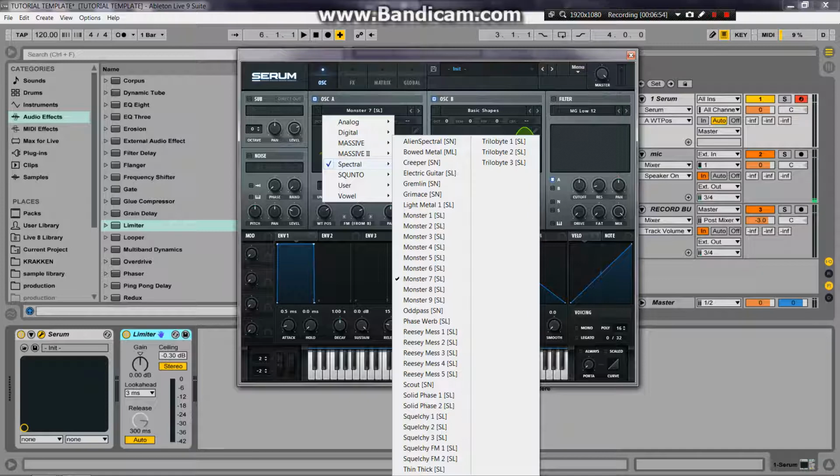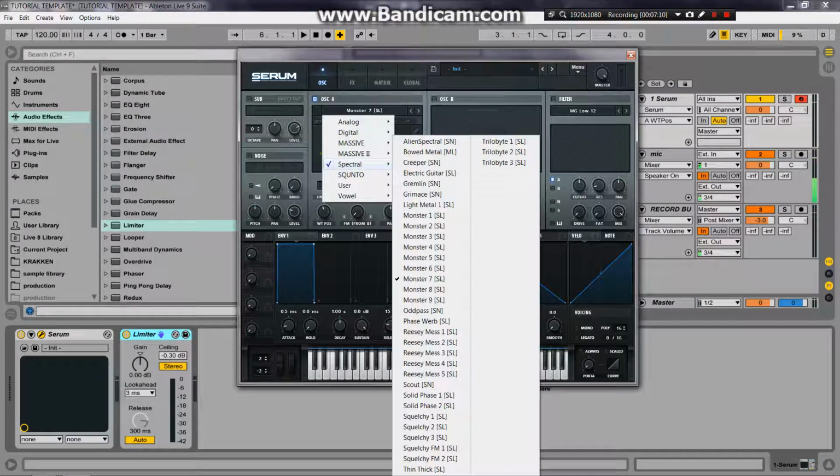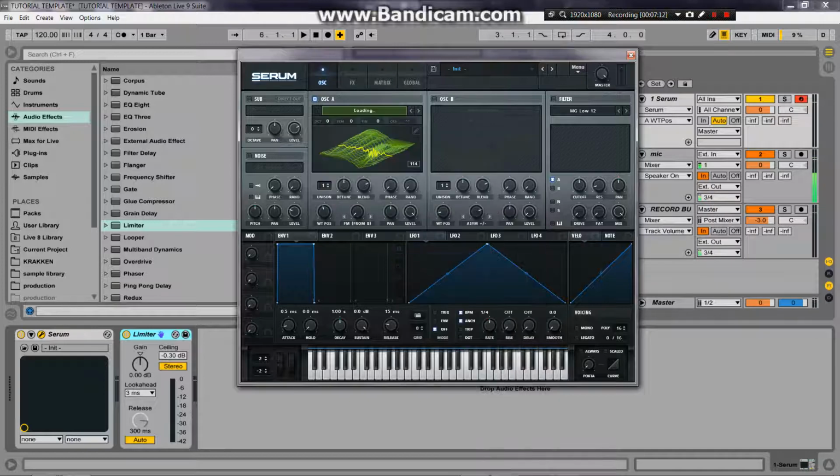I know you guys are like, come on, Squnto. But the stock wavetables in Serum are amazing. The one thing that you should really keep in mind when you're making a patch like this, you don't want something for your bass patch with a ton of upper end high range content. Like Monster 5, for instance, you'd get really noisy very quickly. It sounds pretty cool, but